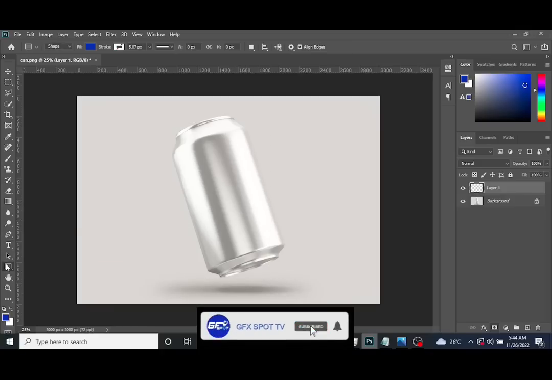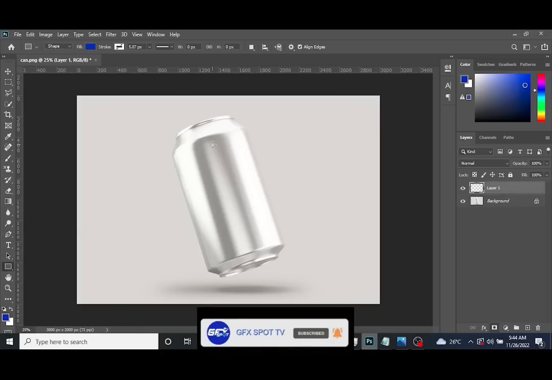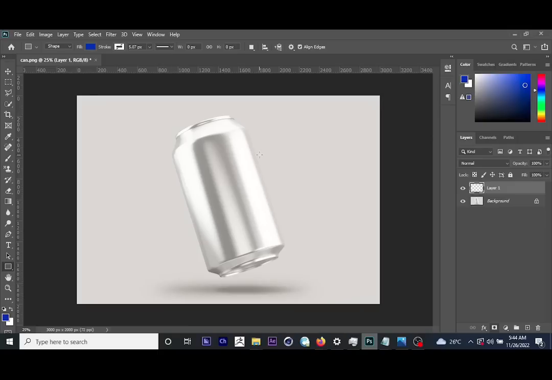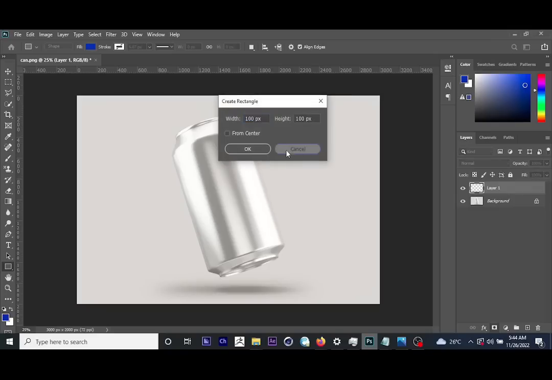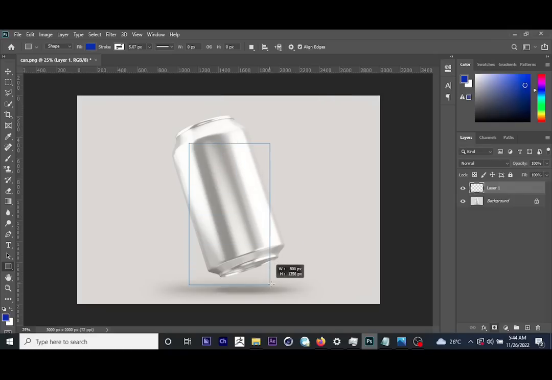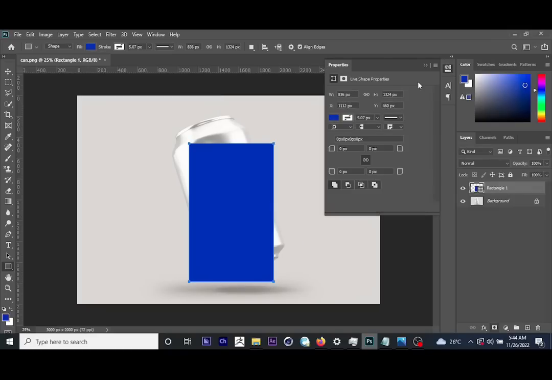rectangle tool. What we are trying to do is to create a border around the can, around the portion of the can that we'll be placing our logo or image on in order to create the mockup. So that's the idea behind the rectangle we are creating. So let me click and drag. Okay, right,